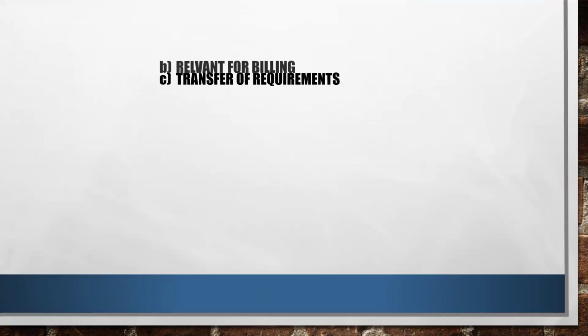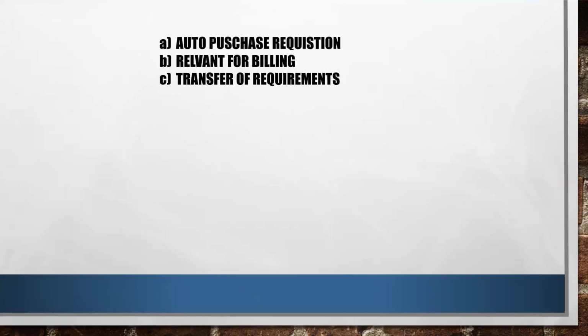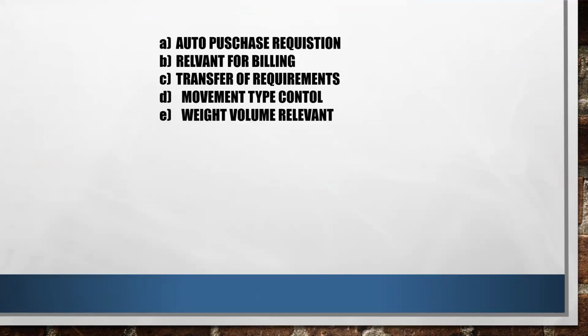So let's read through the options. A is auto purchase requisition. B, relevant for billing. C, transfer of requirements. D, movement type control. And E, weight volume relevant. F, all of the above. Let's try to choose. Either single or multiple answers might be correct, or all might be